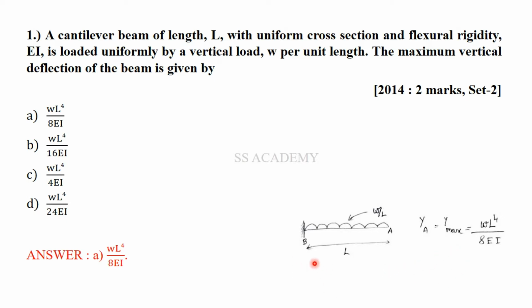In the case of a cantilever beam, not only in this loading, always the free end will be having maximum deflection and maximum slope, while the fixed end will be having zero deflection and zero slope. This is constant. This happens always for a cantilever beam. So for a cantilever beam with uniformly distributed load, the maximum deflection is WL power 4 by 8 EI, while the maximum slope is WL cube by 6 EI. Remember this.